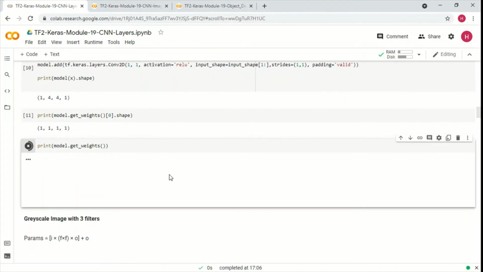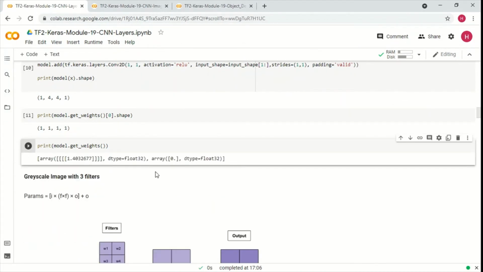Let's also try to see. Right? So this was the shape, and this is basically the value that we are getting here.